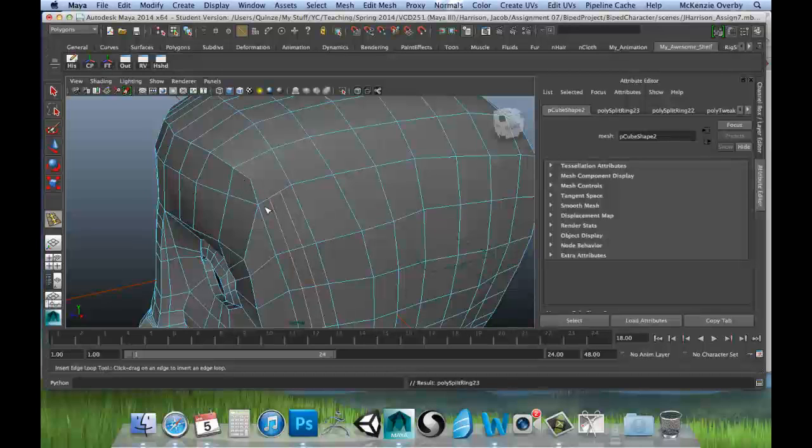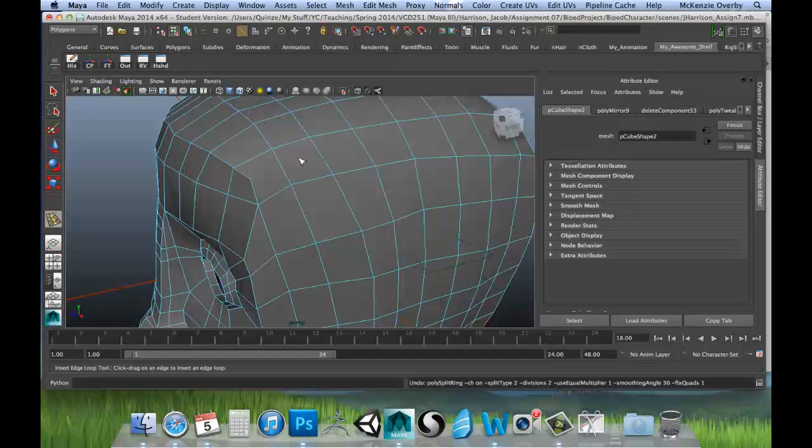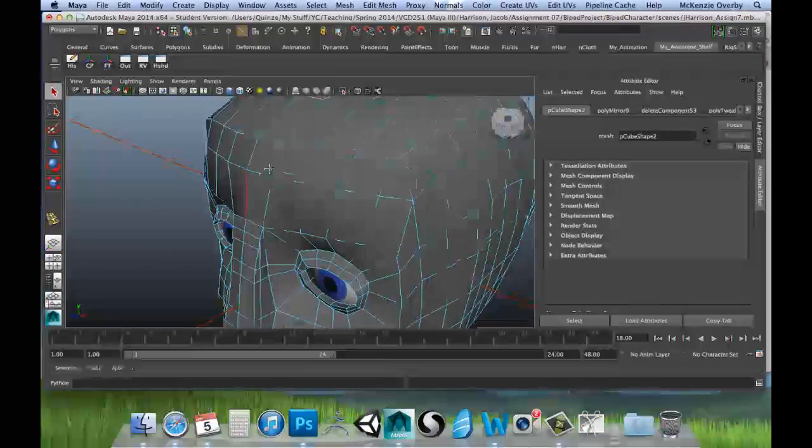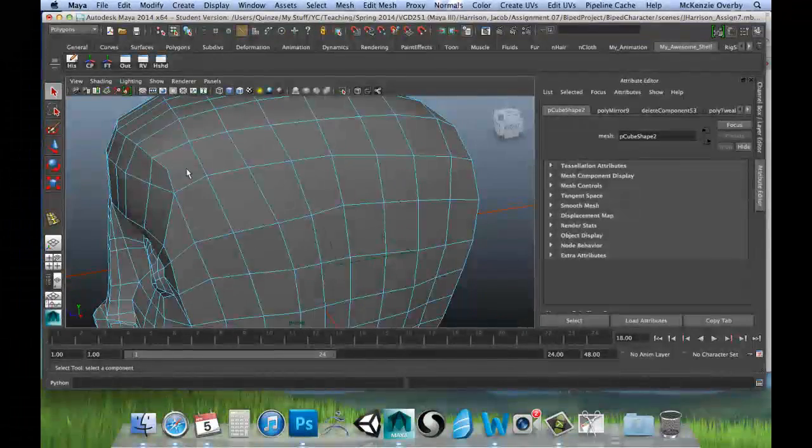It's going to be like, I don't know which way you want me to go. I don't know how to get around this thing, alright? So it's going to cause you a lot of problems later on during the modeling process if you have too many of these